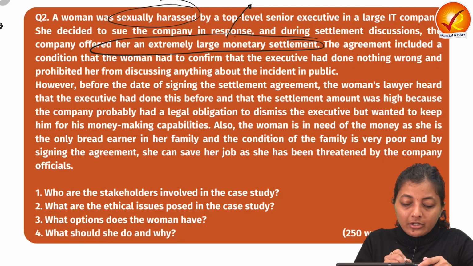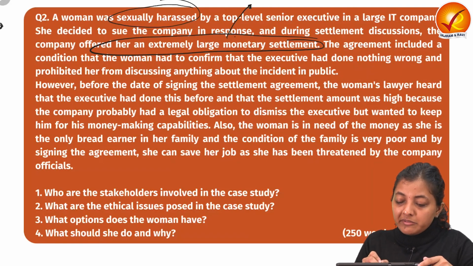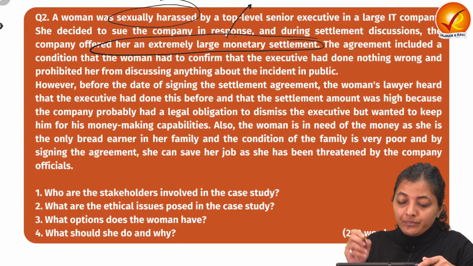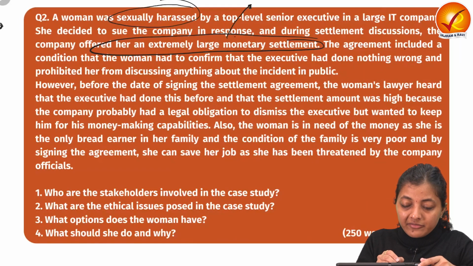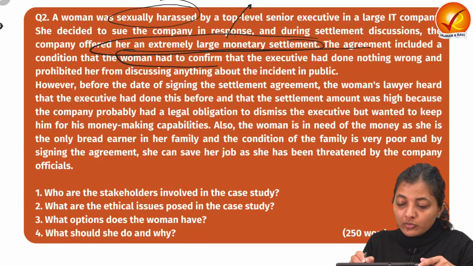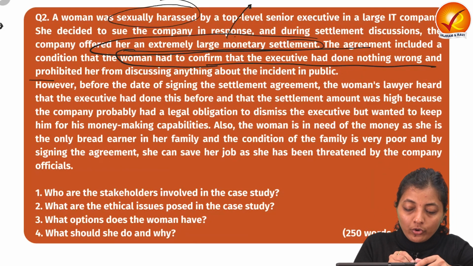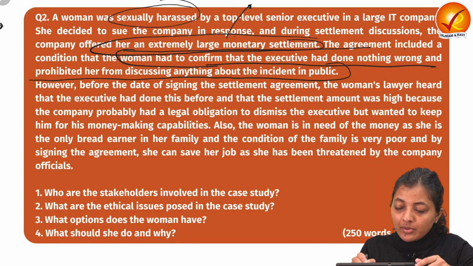The agreement included a condition that the woman had to confirm that the executive had done nothing wrong. Means if the woman signs the settlement, she has to confirm that the executive had done nothing wrong, and